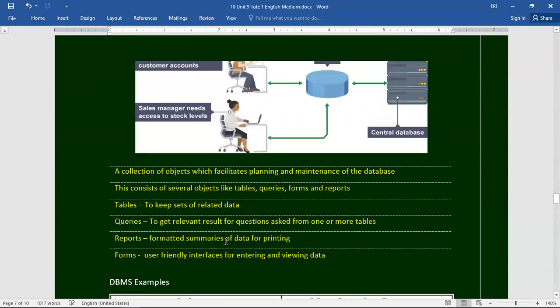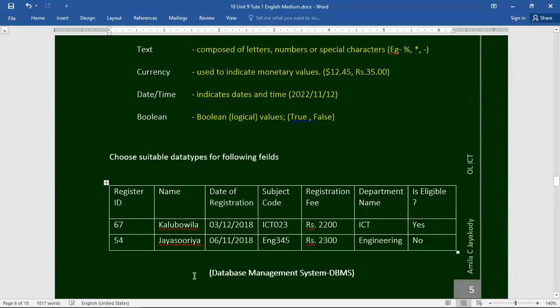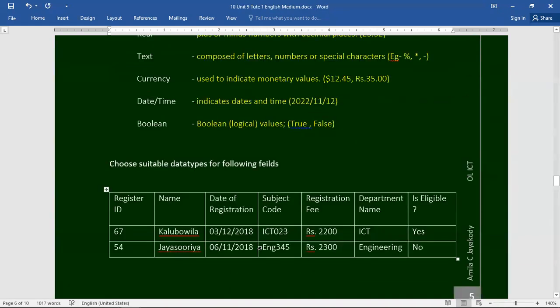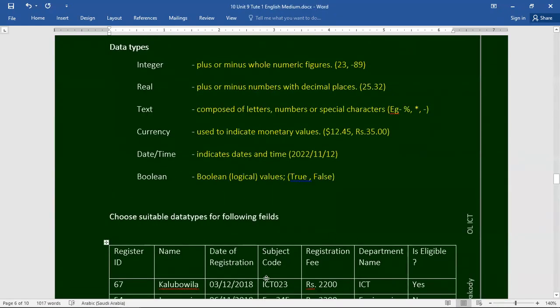As an activity, you have to find them. Take the note. The topic is data types.